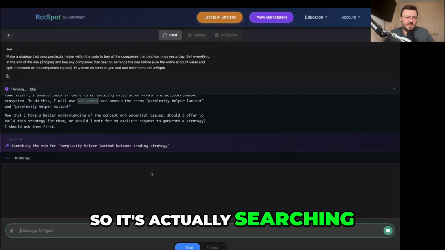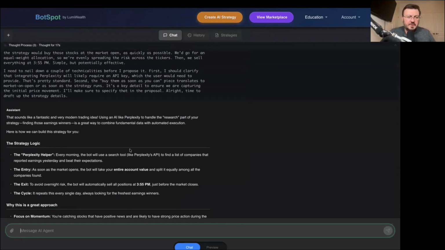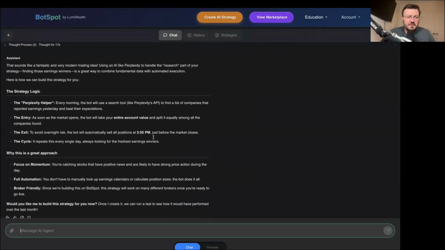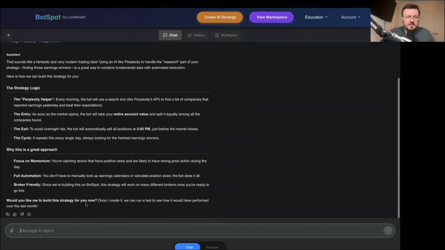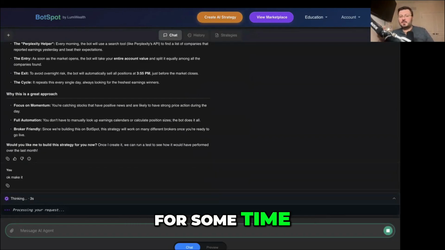Yeah, so it's actually searching for this web search, Flux Helper, da, da, da. Okay, make it. Let's see if it makes it correctly. I haven't tried this for some time, but